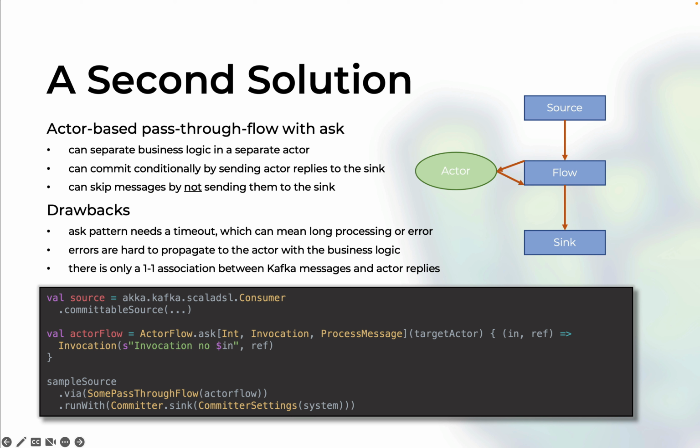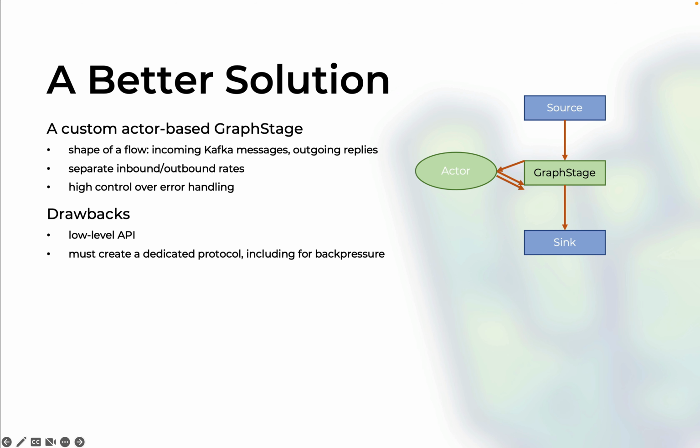Also, there's only a one-to-one association between the Kafka message and an actor reply because we work with the ask pattern. So there's no way to decouple the inbound and outbound rates. So after this 5-minute analysis, you quickly arrive at a more complicated but better solution: to use a custom flow-shaped